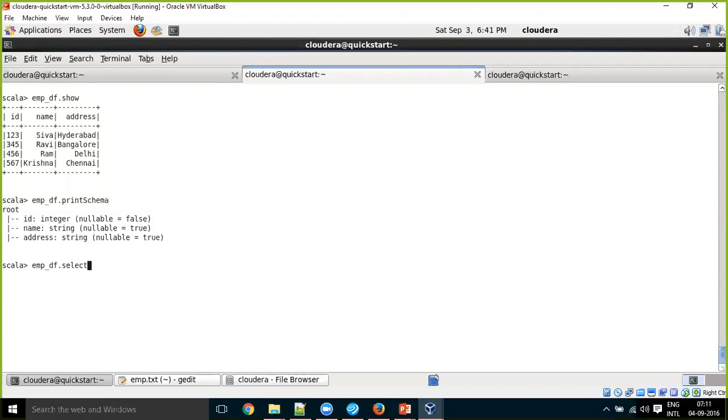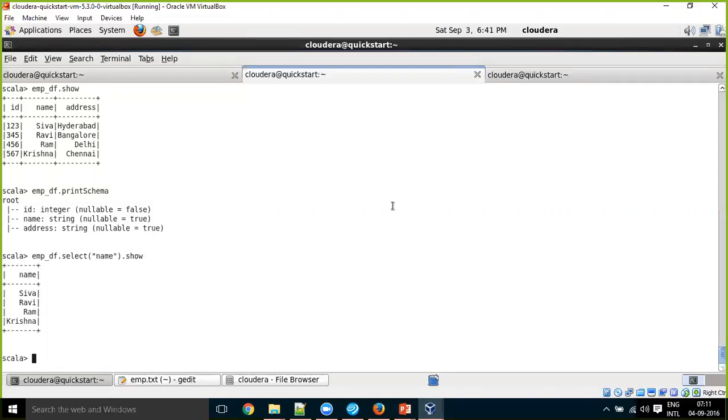But still, just have an idea that you can even code like this. If I want to select only the name column, I can run the select operation on the data frame, or, since yesterday we registered this as a temp table in SQL context,